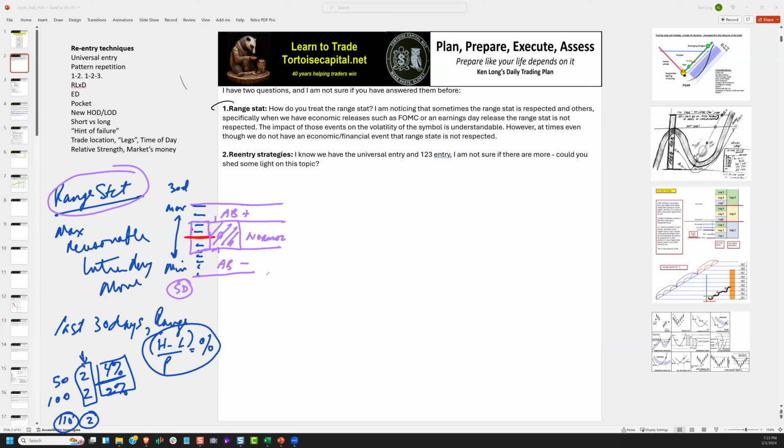I want you to think of the range stat as an adaptive measuring device that allows us to classify the size of the move into reasonable and unreasonable, or to use Alan Greenspan's words, irrational exuberance. And what that lets us do is make an estimate of the size of the potential move. So when we're trying to calculate risk and reward,